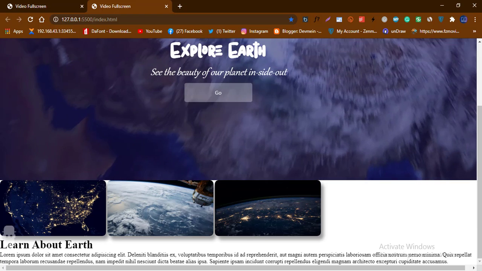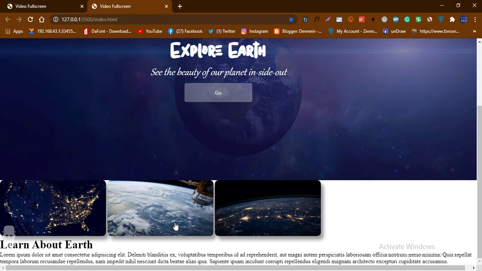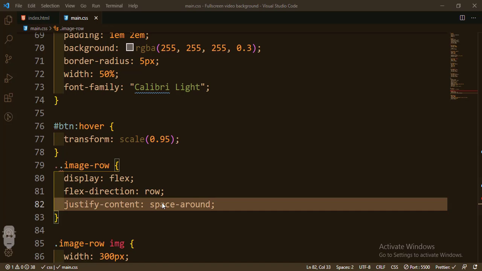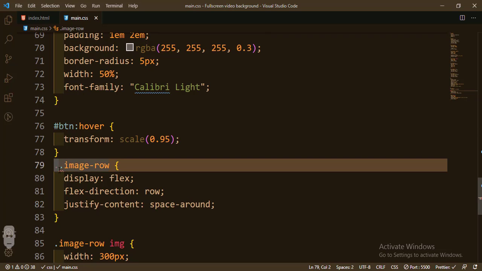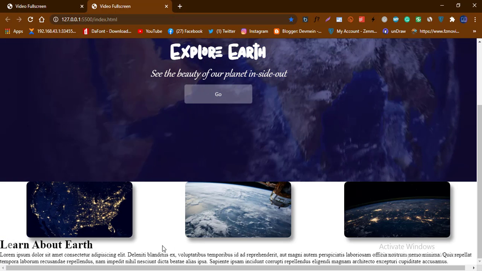So this is it here. I think I'm having an error here, a double error. So let's save it and see. Okay, now space around does work perfectly. Now the other thing that I need actually is